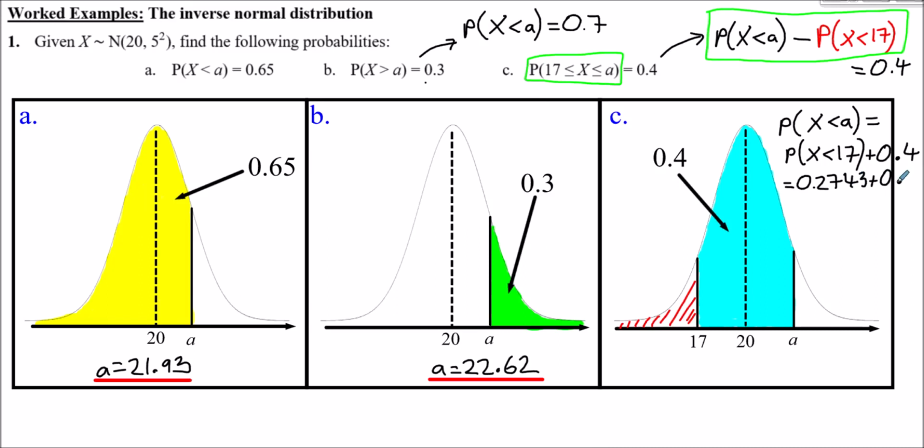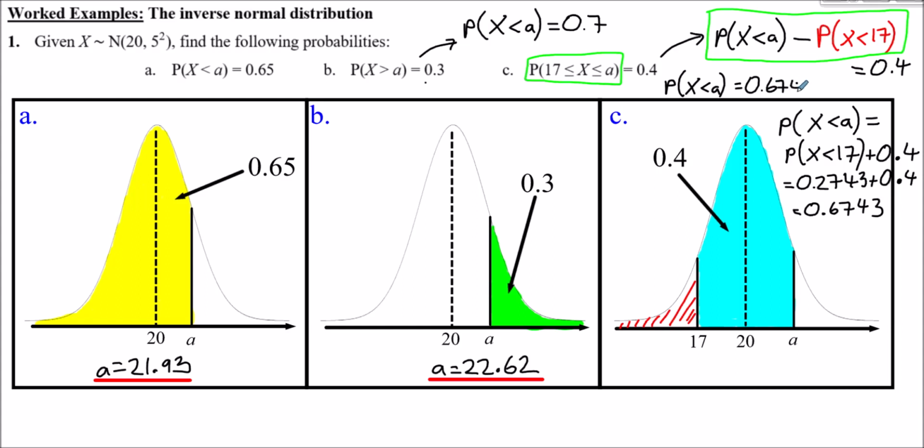Plus 0.4, that gives 0.6743. So I'm trying to find the value for A, which gives a proportion of a curve of about 67% from there down lower. So now I can use the inverse normal function. I've taken this and reduced it to trying to find the probability of